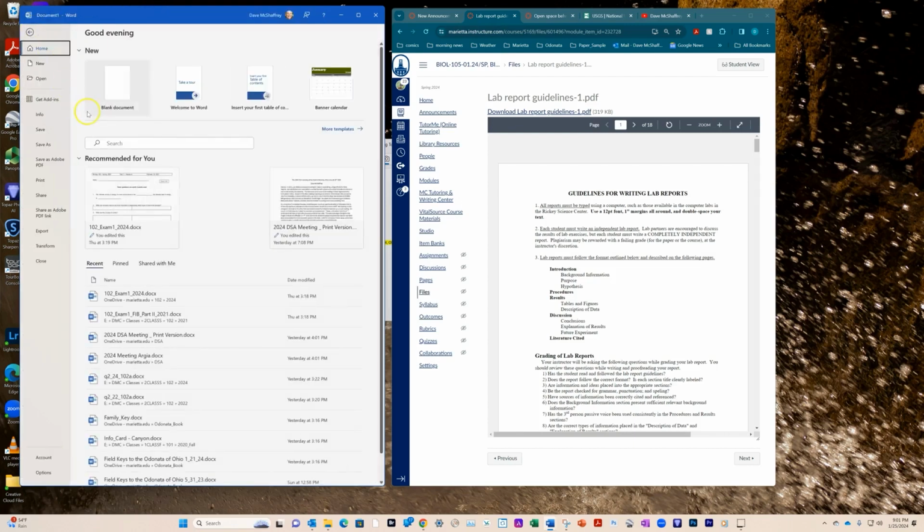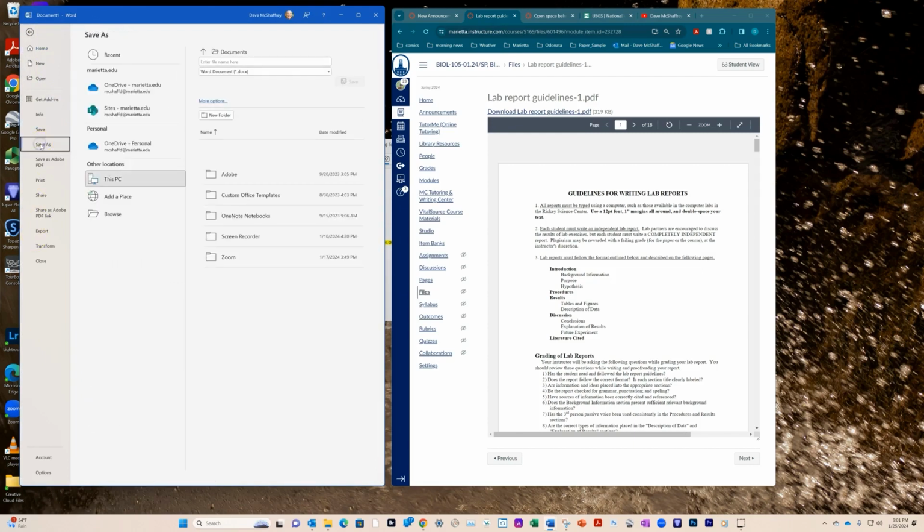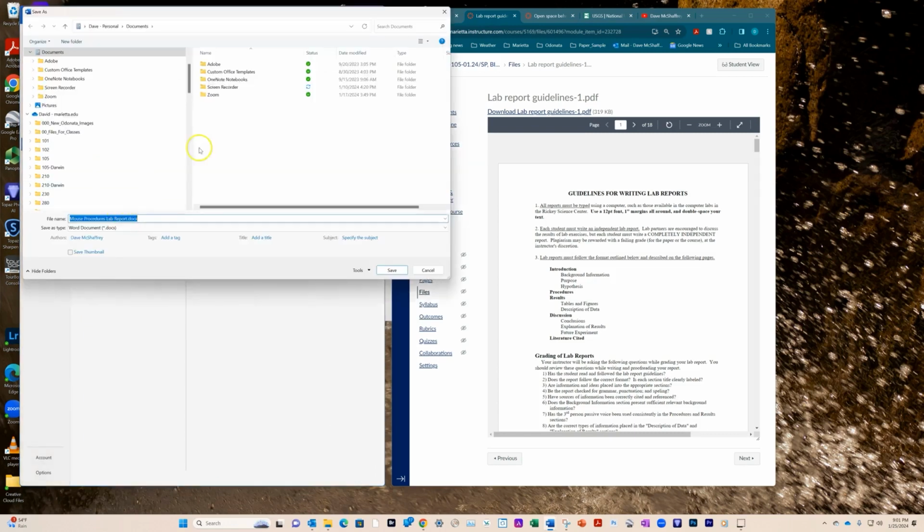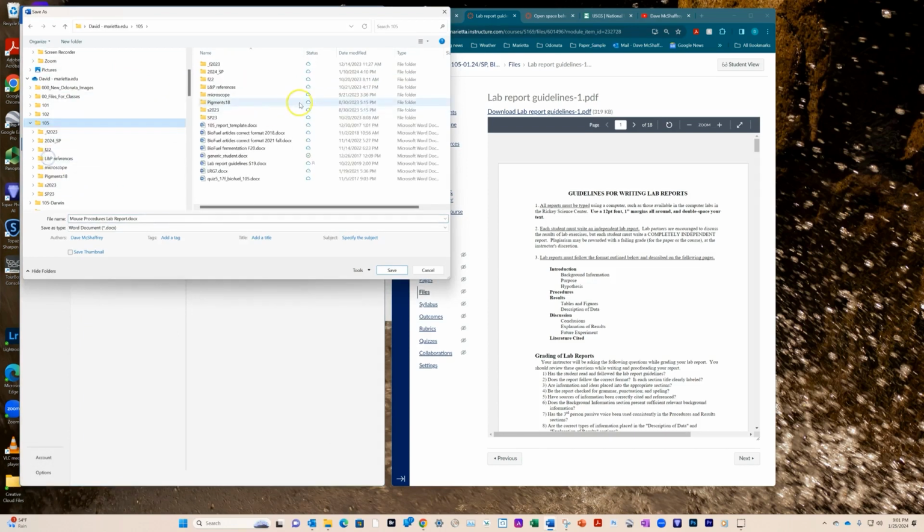And when you save a file, it's good practice to save it with a good name. So I am going to put this particular one right in here, and I'm going to call it Mouse Procedures Lab Report. That's really kind of useless to your instructor because they're going to be looking at maybe 15, 20, 30 of these things. So what you should do is say something like